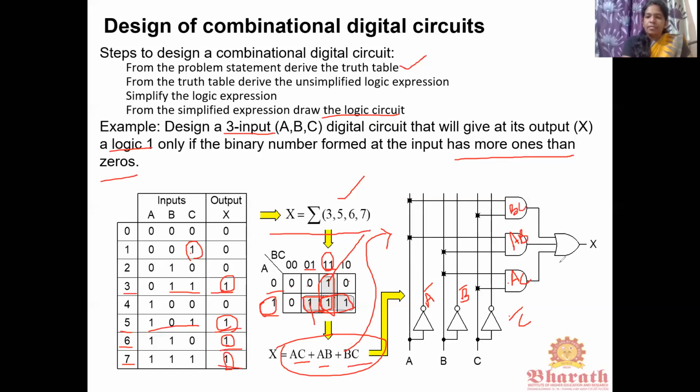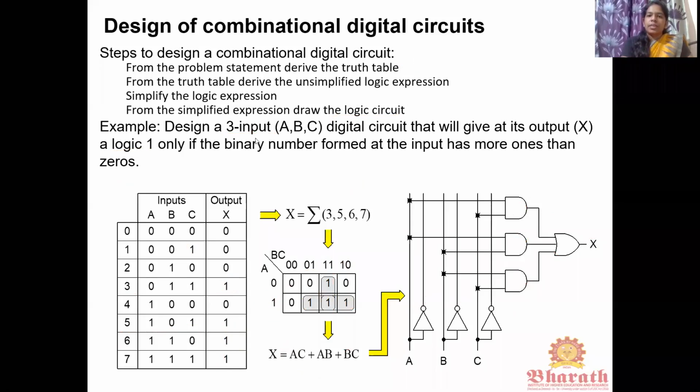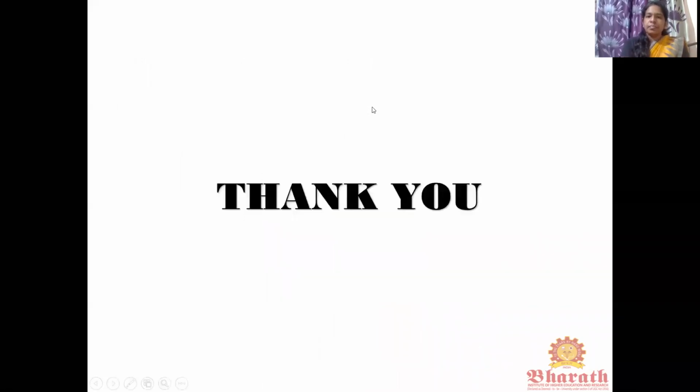Then for adding, we have to use the OR gate. We have to add all the 3 terms. So we are using the OR gate here. The output can be represented using any variable. That's all. This is the design of the combinational logic circuit. They will give one question. For that question, you have to draw the truth table. After drawing the truth table, you have to write the expression, then K-map, grouping, then find out the algebraic expression. For that expression, you have to draw the logic circuit. Thank you.